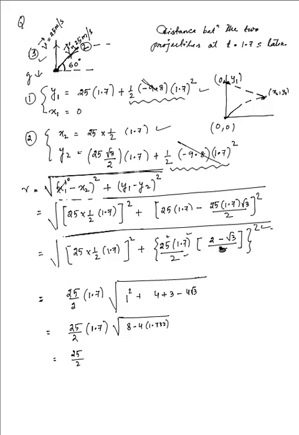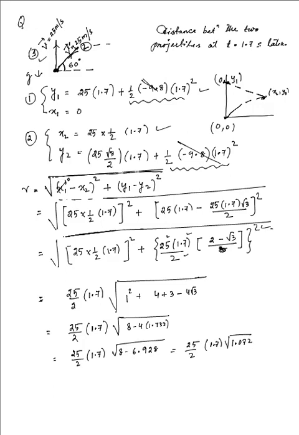25 by 2 times of 1.7, 8 minus 6.928 is 1.072. 25 by 2, 1.7, 1.072. Now had we got 1072, that would have been a different thing, but this is 1.072, which has a root value of nearly